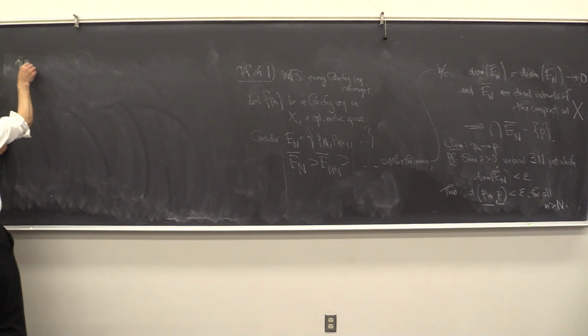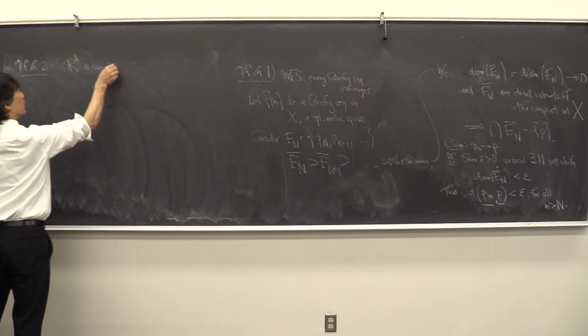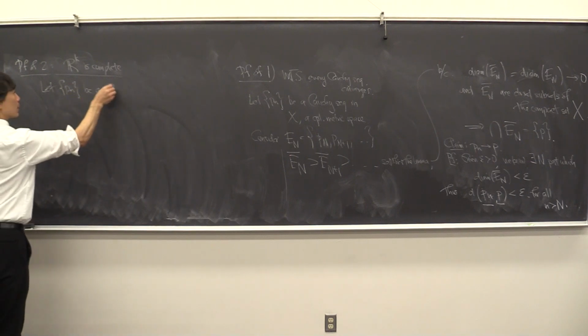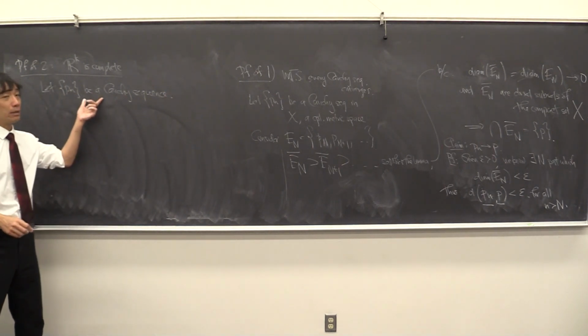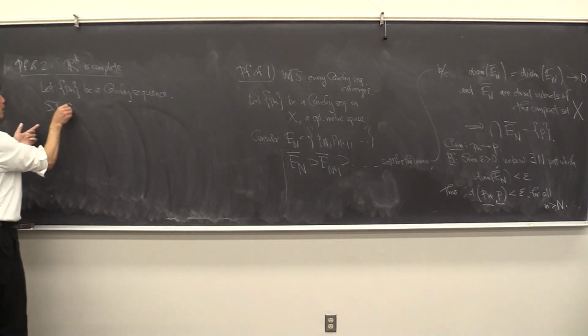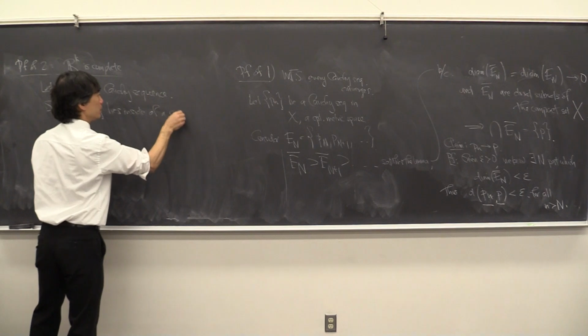So proof of two, which is that R^k is complete. Okay, so we have only 4 minutes left, so let me just sketch this instead of trying to drag it out. So you say, well, look, let P sub n be a Cauchy sequence. And we just proved that if this thing lies inside of a compact set, then we're done, right? It suffices to show that P sub n lies inside of a compact set